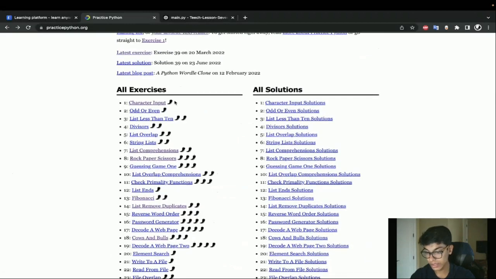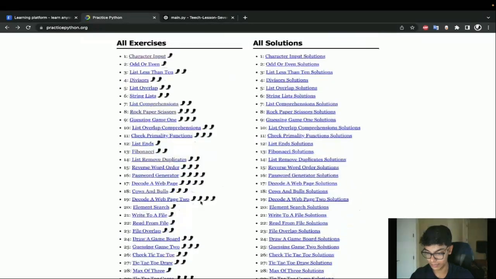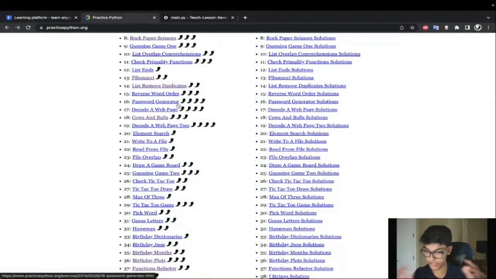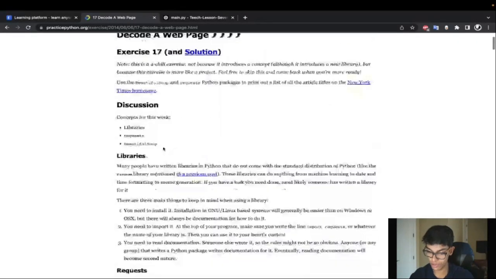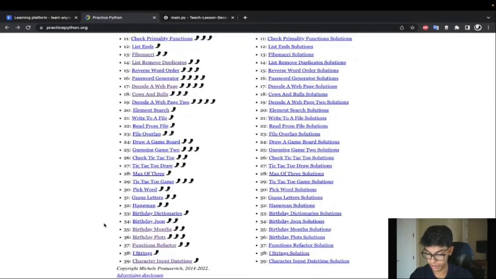And these exercises are sort of based upon the difficulty, right? So this chili denotes the level of difficulty that the project has. So it's definitely worth taking a look at. Some of these are sort of out of the scope of what we're going to talk about in this lesson. So like this decode a web page, we're not going to be looking at the Beautiful Soup library until much, much later. But you guys get the gist of what's going on here. You see we have f-strings. That's something we've covered. So yeah, I'll leave that.